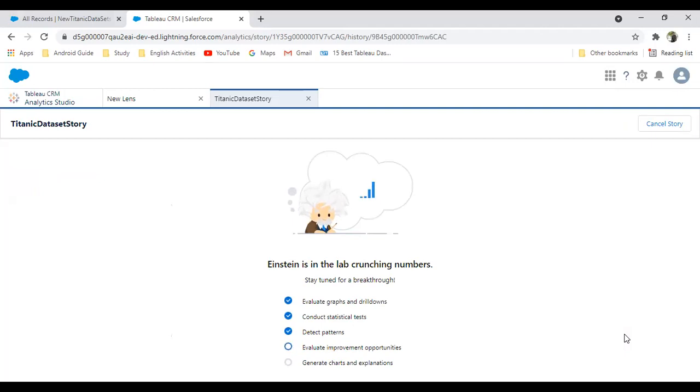It will recreate the graphs for us, especially the charts, and all the explanations will get recreated, and it will present the data in front of us. And once the data is analyzed, we can make predictions, and that prediction can be deployed on a Salesforce object. So I hope you got the complete understanding about the stories.